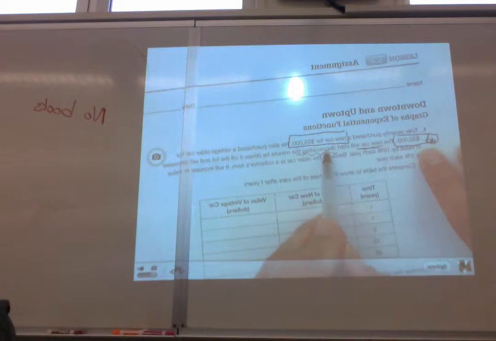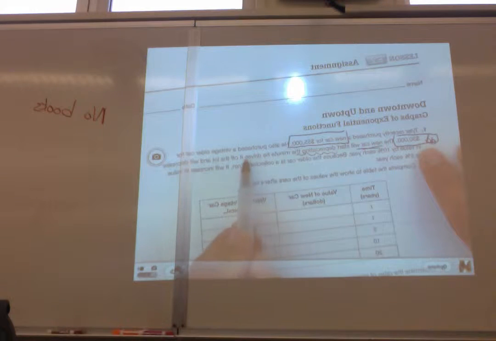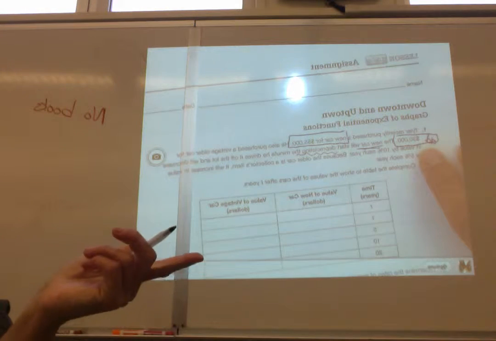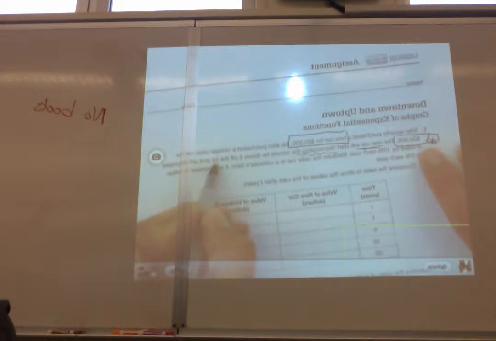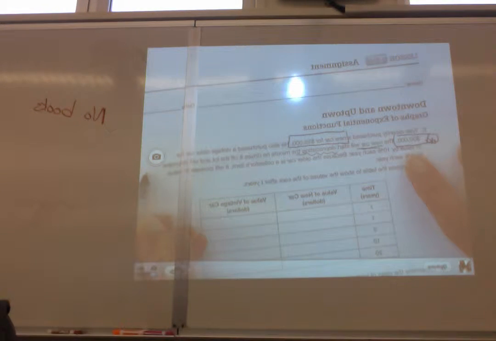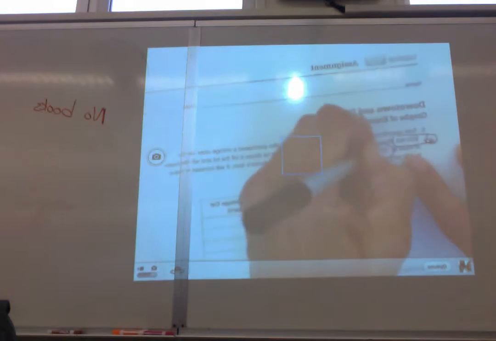The car will start depreciating the minute he drives it off the lot. So you buy it, drive into the street, the value goes down. Even if you made a U-turn and went back and resold it to him, you wouldn't get your full money back. So it starts depreciating the minute he drives off the lot and will decrease in value by 10%